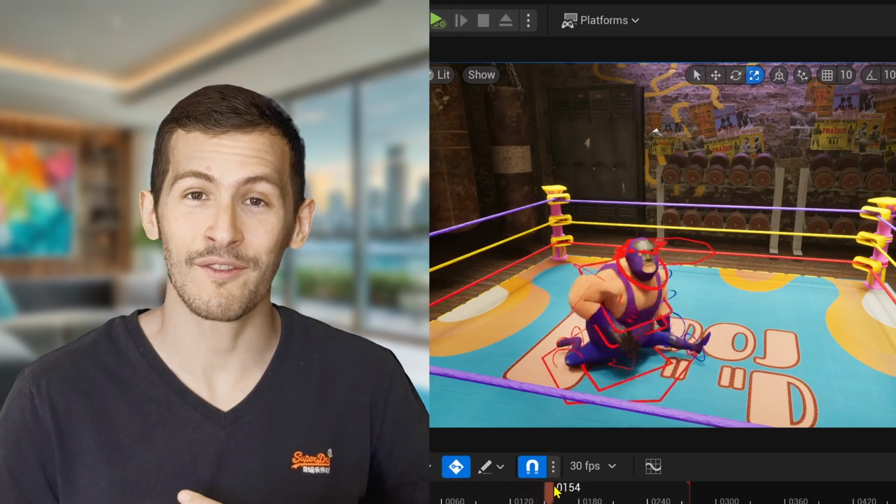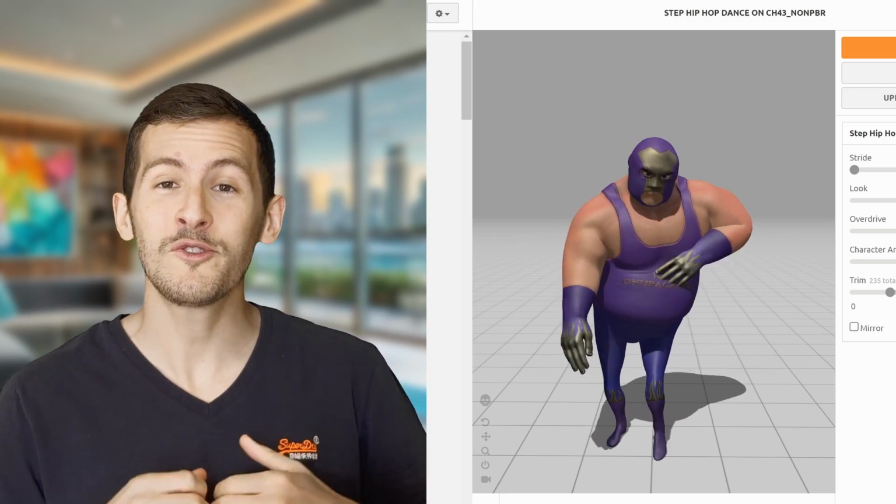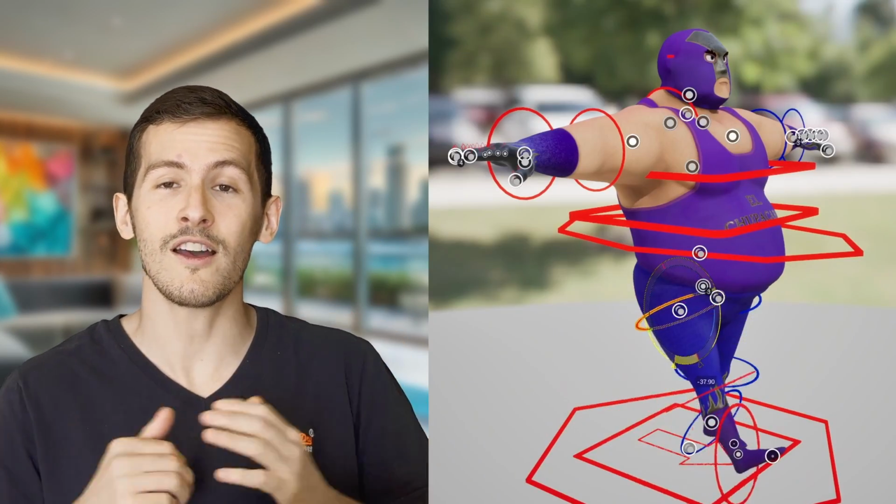Many of you have been asking for it, and I personally use this website and these characters from time to time, so I've tackled it for you. Today we are going to talk about modular control rig with a Mixamo character.